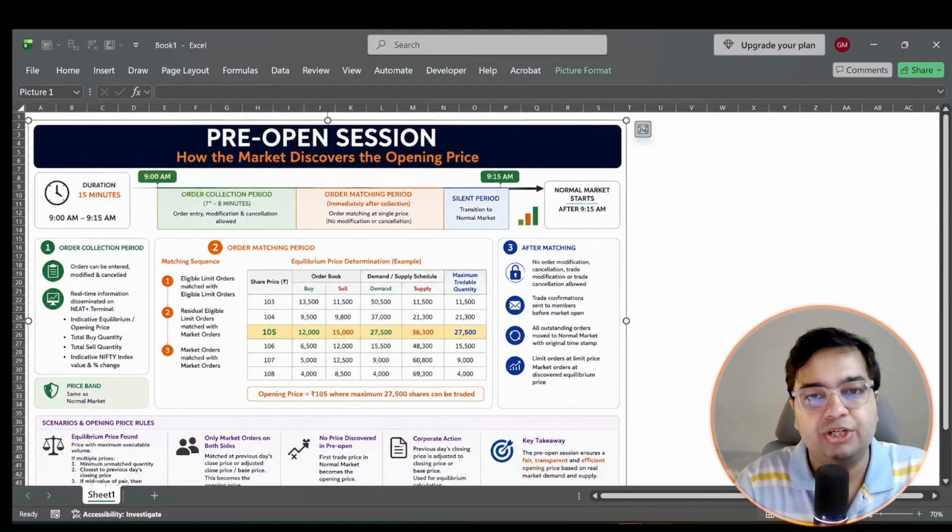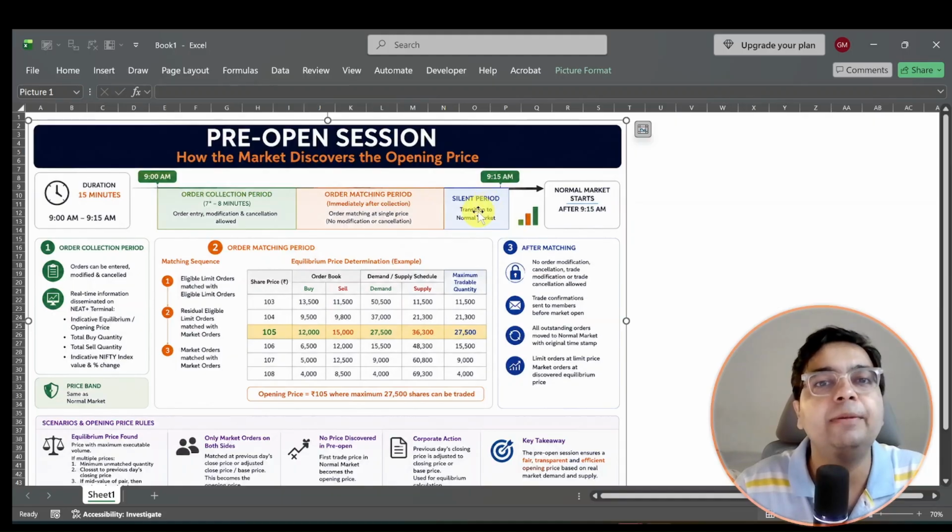Now, the pre-open session is basically a 15-minute period starting from 9 a.m. in the trading day up to 9:15. It is divided into three parts, called the order collection period, the order matching period, and a breather or silent period. The intention of having a pre-open session is to make sure the probability of market